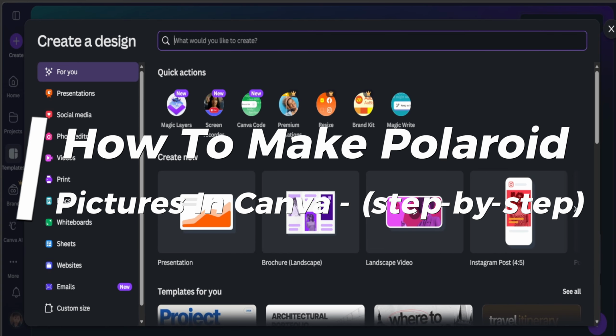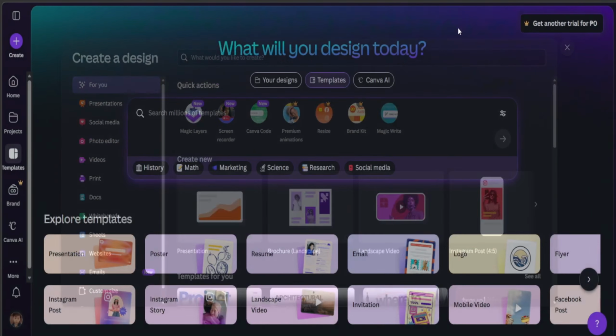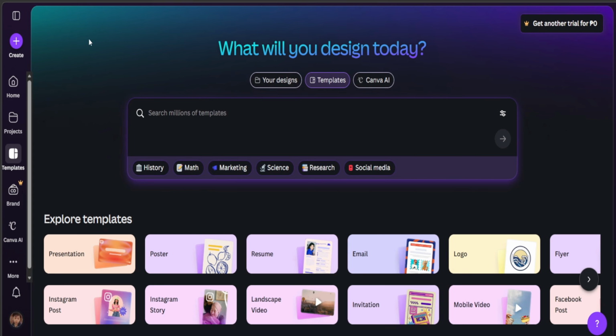How to make Polaroid pictures in Canva. Now you could go ahead and create a Canva design from scratch. You could upload your image and just tweak it a little bit, add a few elements to make it look like a Polaroid image. But one of the fastest ways you should be able to do this is to just